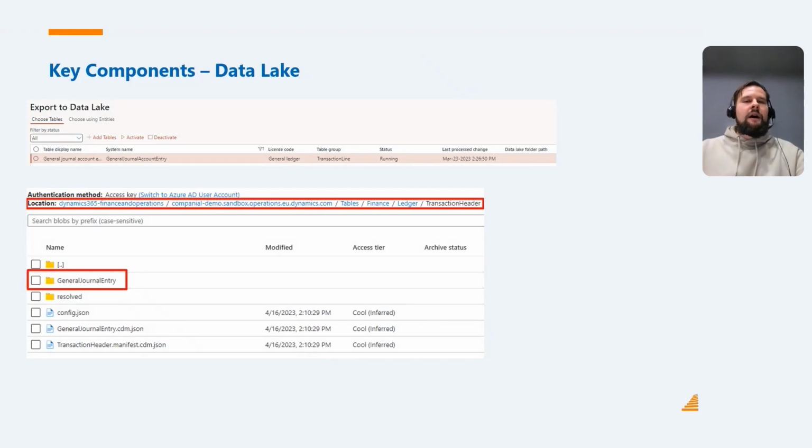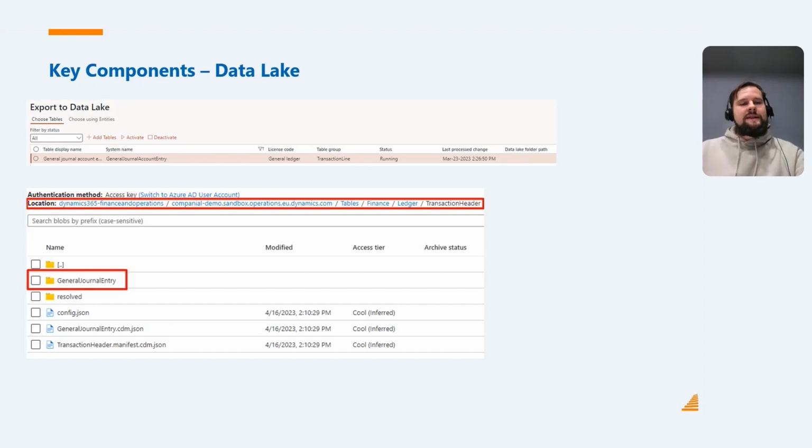Once the setup is done, you will see that you have this form available in your Dynamics 365 instance. That form is called Export to data lake. In it, you will see all of the tables that you have in Dynamics become active and available.